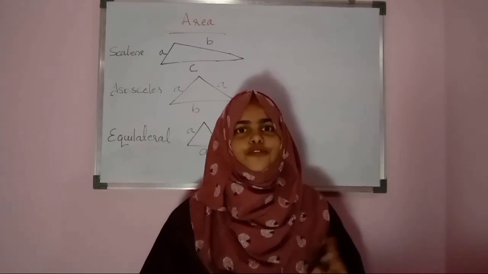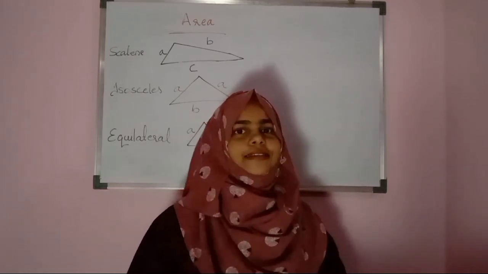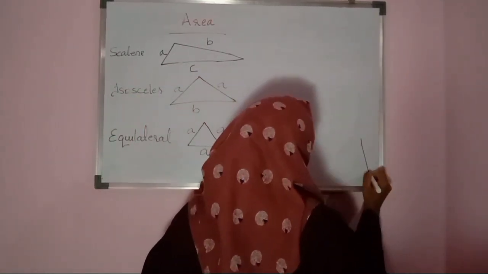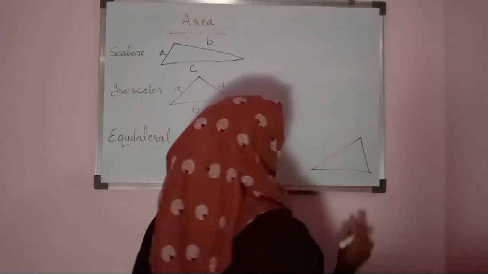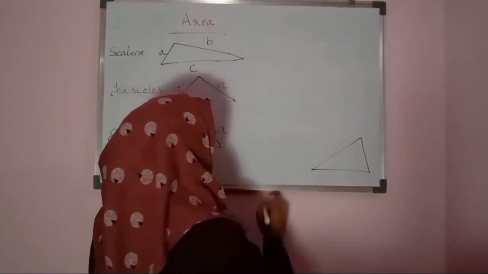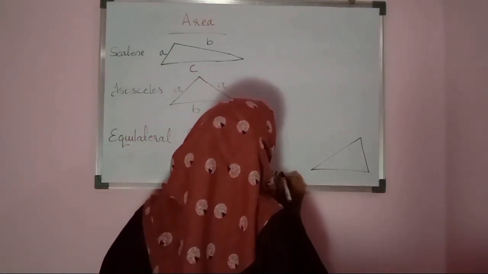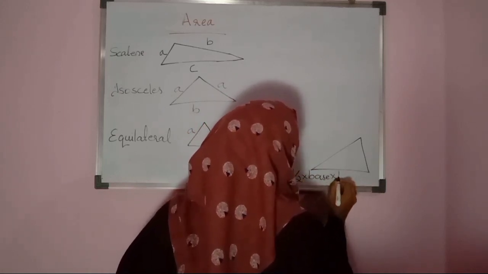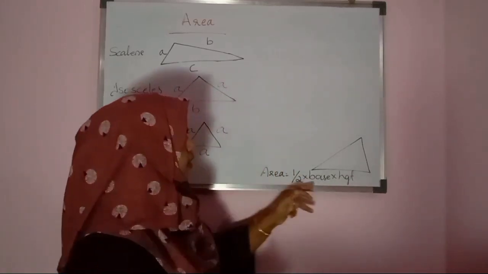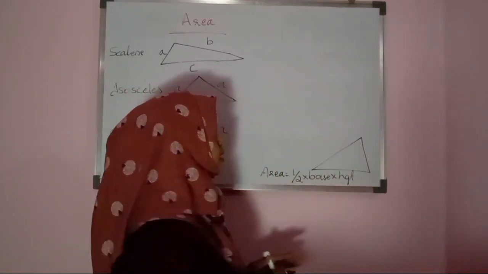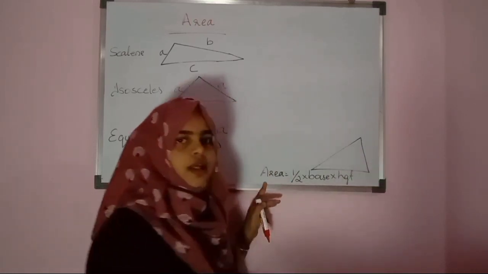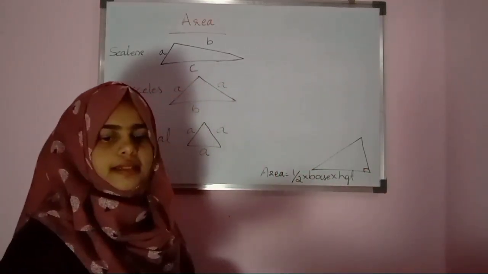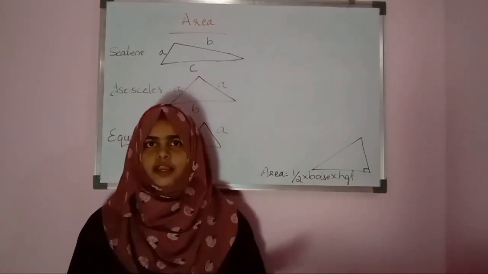Now we can check how to find the area of different triangles. We know that basically, what is the area of a triangle? If we know the height and base measurement of a triangle, area will be half into base into height. Area of triangle is equal to half into base into height. This is the base and the altitude will be the height. If we know the altitude and base, this is the area of the triangle.